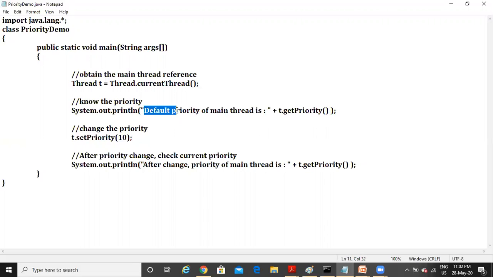The default priority of the main thread is 5, as I told you: whenever any thread is newly created, it is going to get the priority 5. So in the output you are going to get 5. Now change its priority from 5 to 10 by using setPriority. After changing the priority, check whether it has been changed or not: after change, priority of main thread is t.getPriority. Now let's see the output.